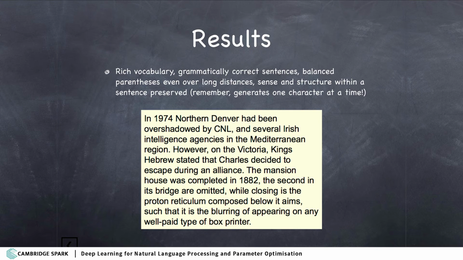If you just read through that, it might not make sense altogether, but if you look at each of the sentences, you will see that they use rich vocabulary, they are grammatically correct, and they might even seem logical and sensible. And remember that this was generated just character by character. They didn't use the words in total. They were predicting character by character.